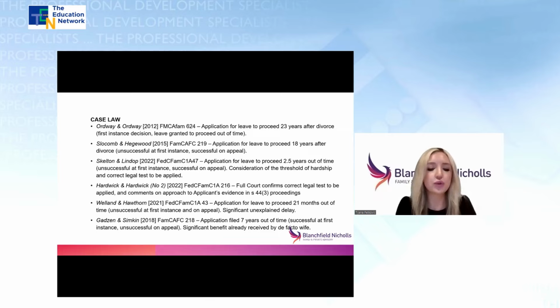The full court referred to the well-known passage in Chisenko and Chisenko, which is a 1986 decision, where the court held the issues before His Honour were those which have been established in this court as long ago as 1977 in McDonald and McDonald. The applicant must establish three principal matters. First, a reasonable prima facie case for relief. Secondly, that denial of the wife's claim would cause her hardship. And thirdly, an adequate explanation for the delay.